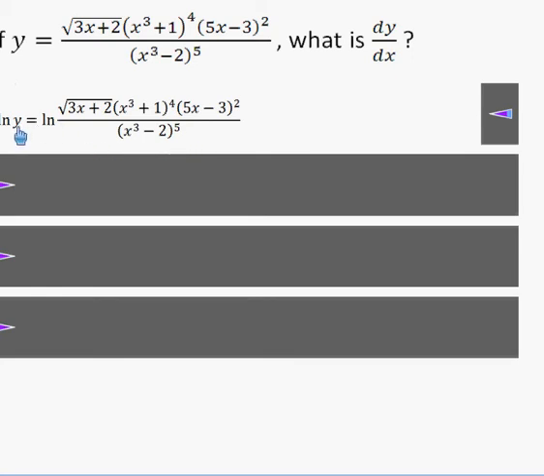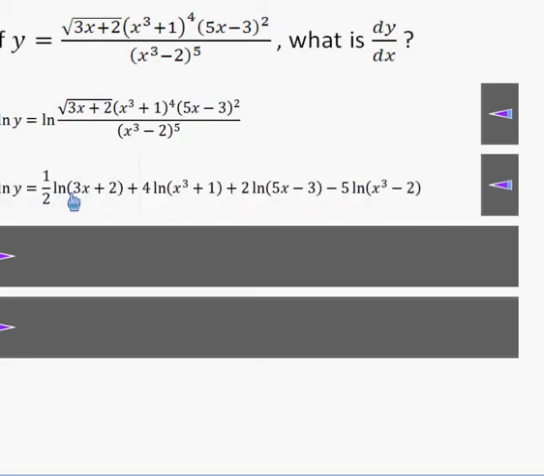Once we take the natural log of both sides, we can rewrite this right side with sums and differences, and we'll also use our power rule to bring any powers like 4 and 2 and 5, and this is to the 1/2 power, out front. So we have the 1/2 natural log of 3x plus 2, plus, since it was multiplication, we add, the 4 comes out front, and then natural log of x cubed plus 1,